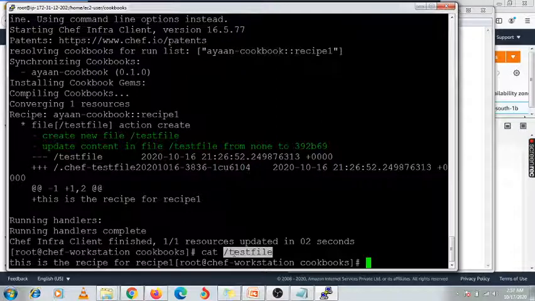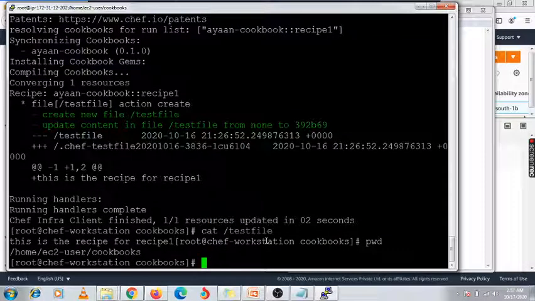Now we are creating another recipe with the name recipe 2. Okay, I am under this same path, no issue. So I am going to create another recipe with the name vi space Ayan space recipe, and here we need to mention that it is recipe 2.